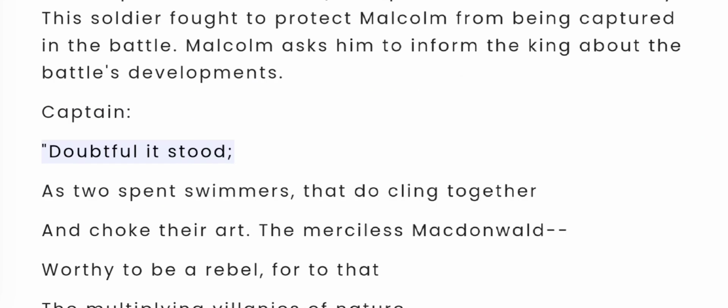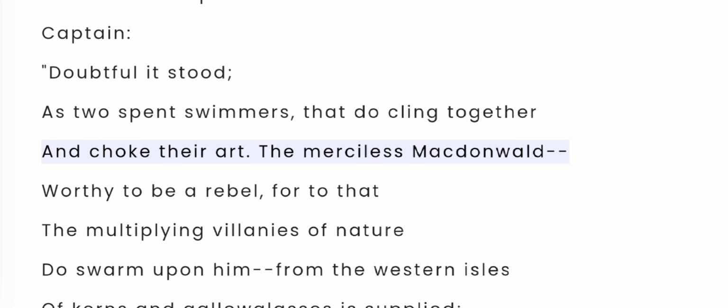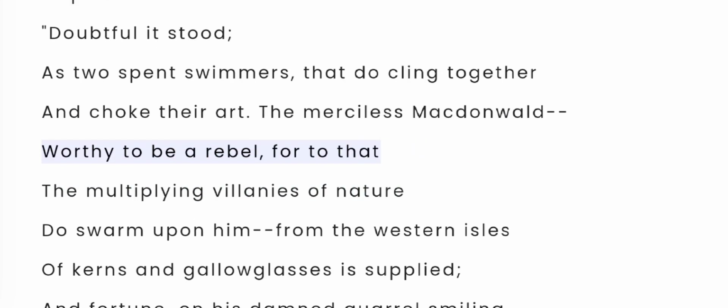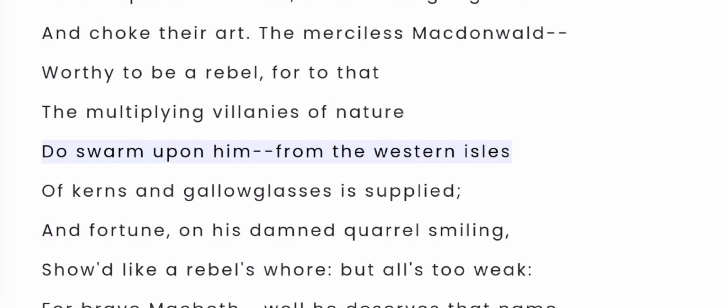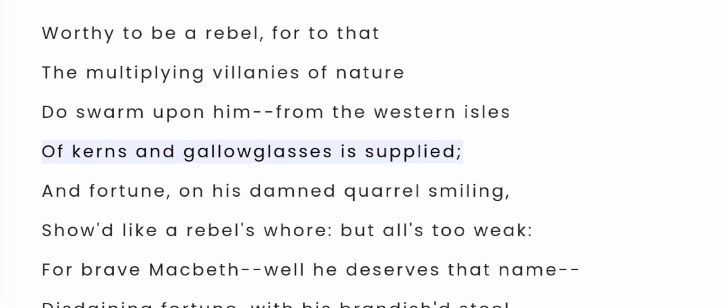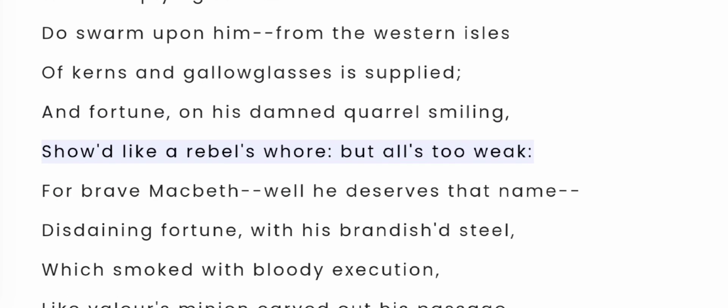Captain: Doubtful it stood, as two spent swimmers that do cling together and choke their art. The merciless Macdonald, worthy to be a rebel, for to that the multiplying villainies of nature do swarm upon him, from the western isles of kerns and gallowglasses is supplied, and fortune on his damned quarrel smiling, showed like a rebel's whore, but all's